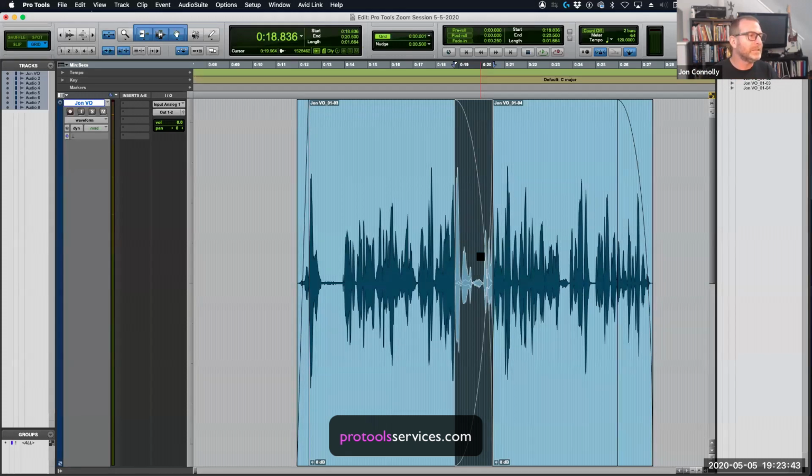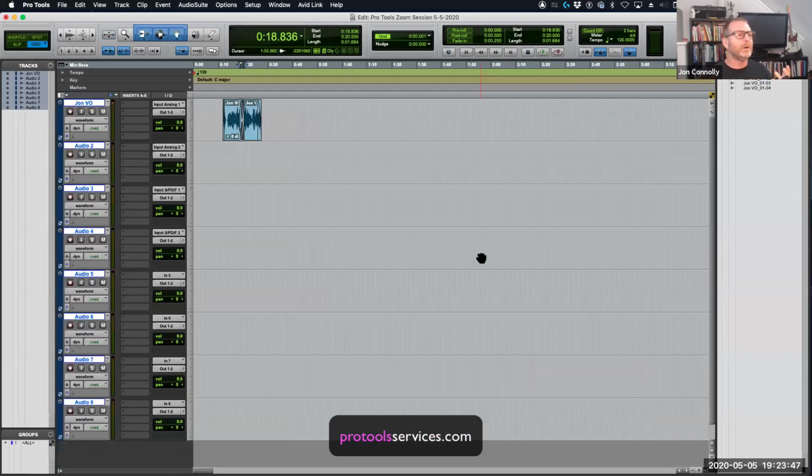The beauty of this now is I'm going to use that E key again. I hit E key, it takes me back out. So the E key, you make a selection, blows it up so you can see it, more importantly, and then use the Smart Tool in a very efficient way. Do what you're going to do, edit, cut, copy, paste, tweak, whatever you're going to do, and then hit the E key to put it all back, and I can see a more zoomed out view. So it's a very handy function.